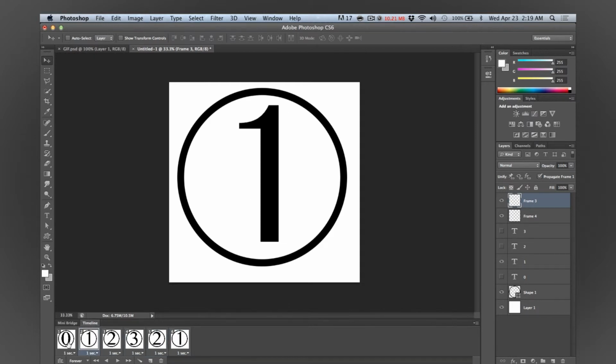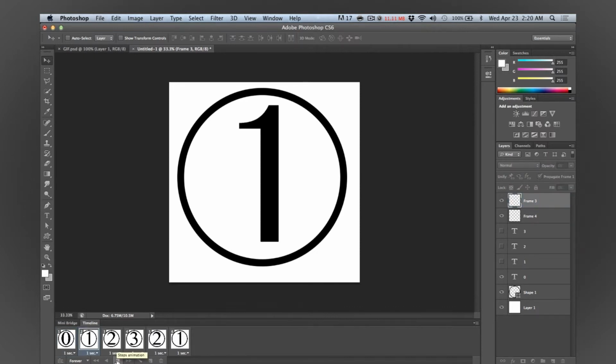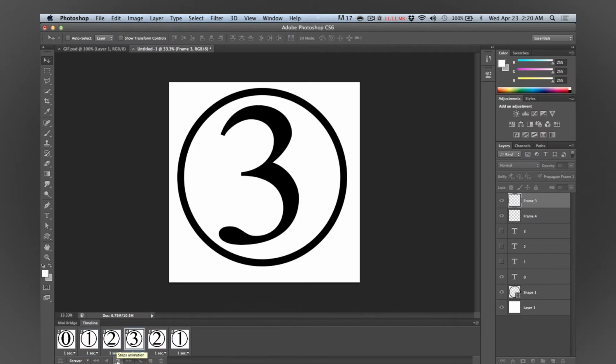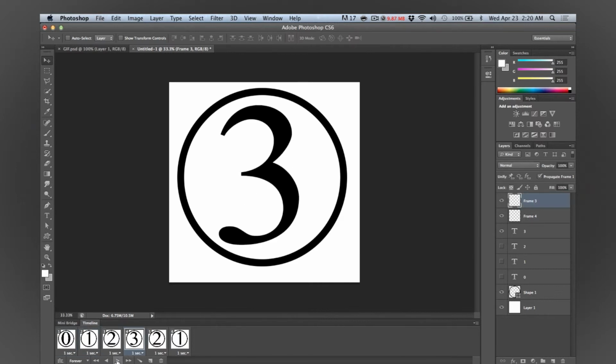Now we have quite a good animation to check. We will go from 0 to 3, then from 3 to 0, and it will loop like that. So let's go ahead and check it. 0, 1, 2, 3, 2, 1, 0, 1, 2, 3, and so on. So this is the basics of